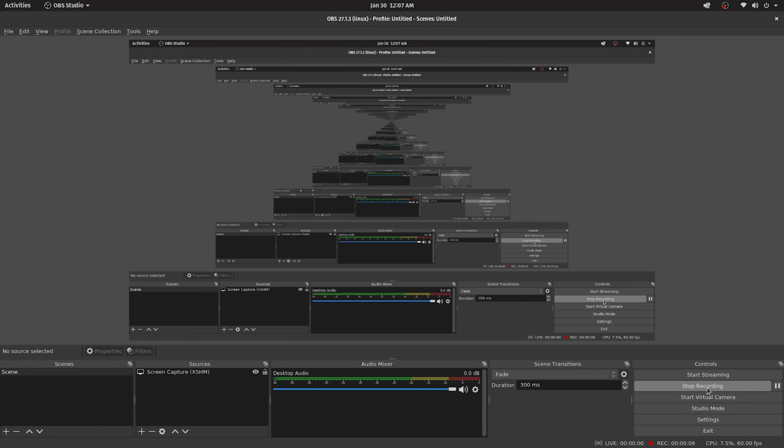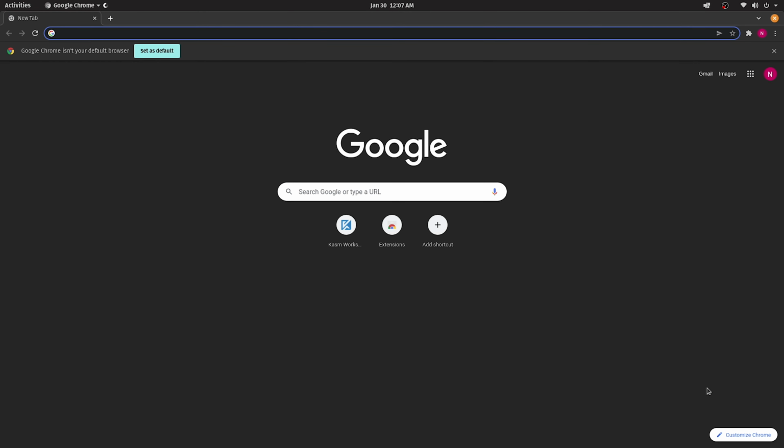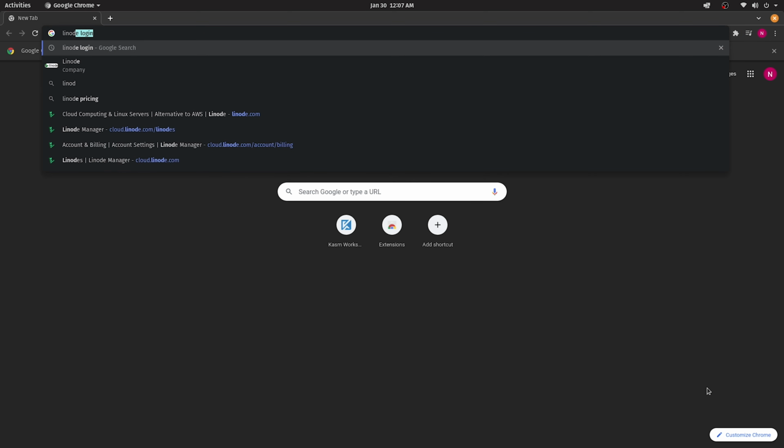Alright, so let's start with the installation procedure. First of all, fire up a favorite web browser. I would suggest selecting Chrome or Brave because they both have the Chrome Web Store available, and we are going to use an extension called Kasm which only works on Chrome and Brave, and it doesn't work on the Firefox web browser. So search Linode login on Google and hit the link which says